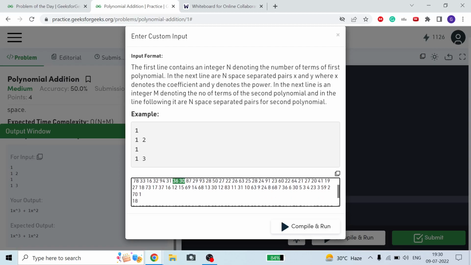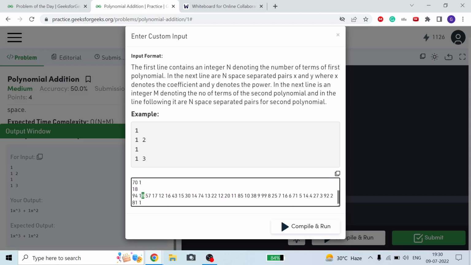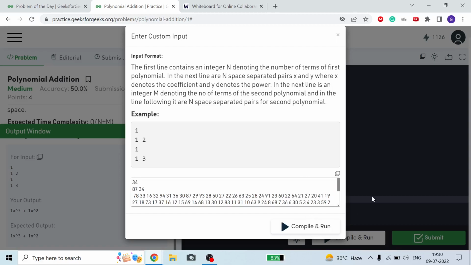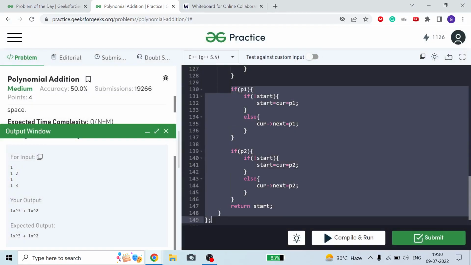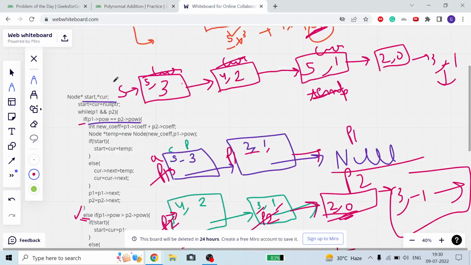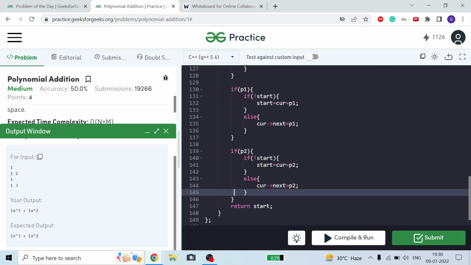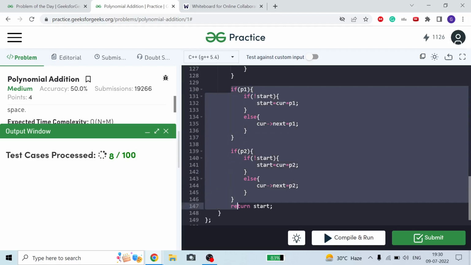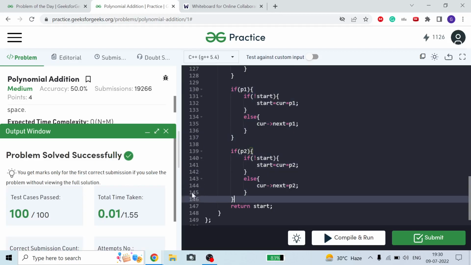You can see powers go till 1 now, and the next power starts from 8, then 18, 17, 16, 15, 14, 13, 12, 11 up to 1. Okay, that's why it passes if I am not writing this, because the last power is always 1. So this condition is satisfied, it is the first condition, because both have the same power. That's why both became null together. But I say you write this condition as well.